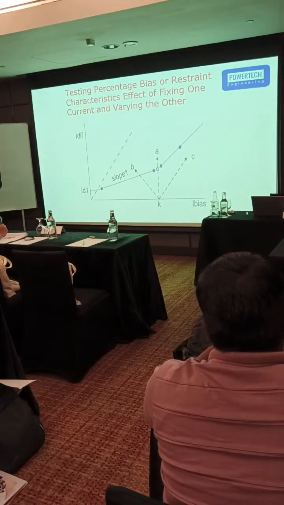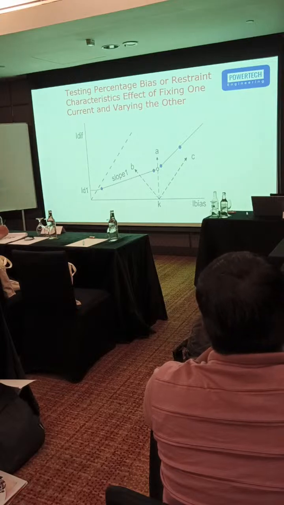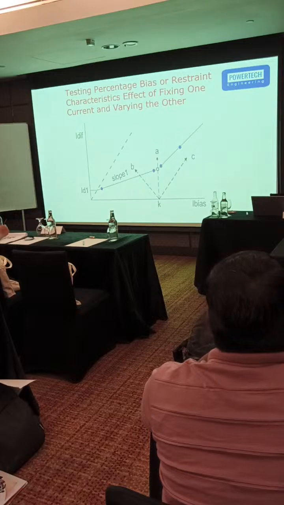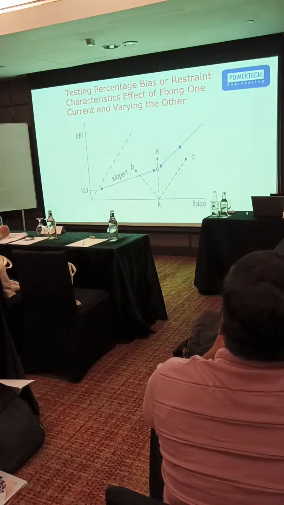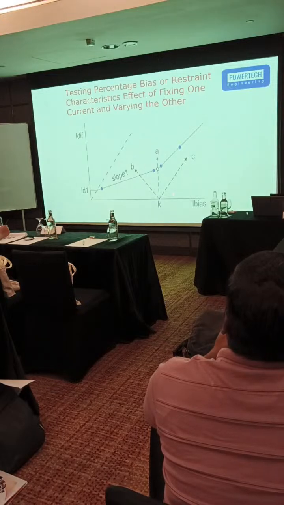Suppose it is 132 by 33, the ratio is 4. Suppose you have increased 1 on one side, then on the other side you have to reduce 0.4, because the current ratio is 4. So to keep this bias correct,